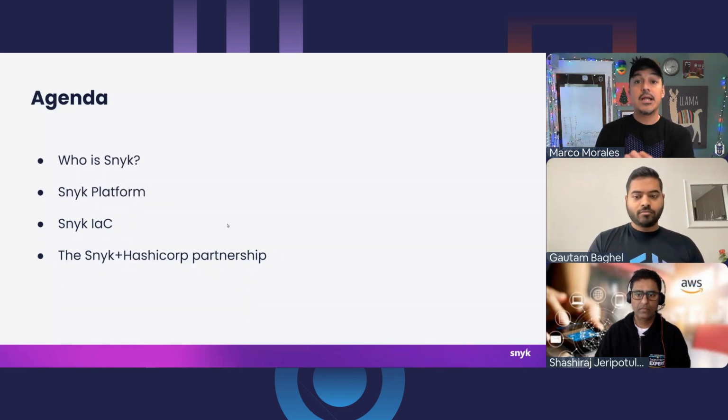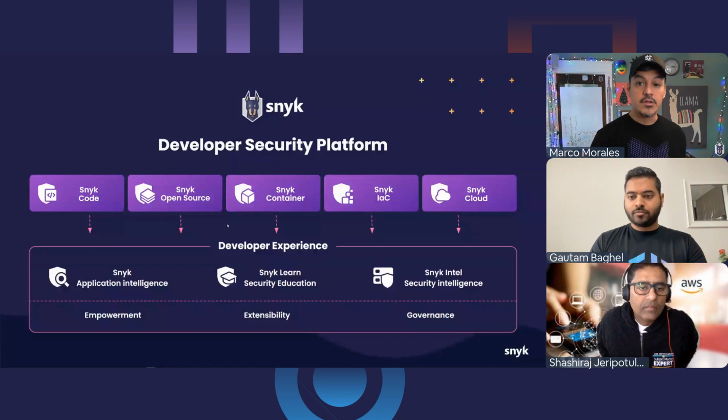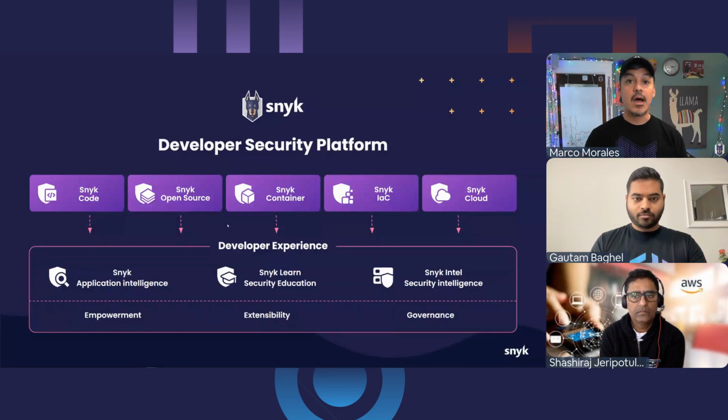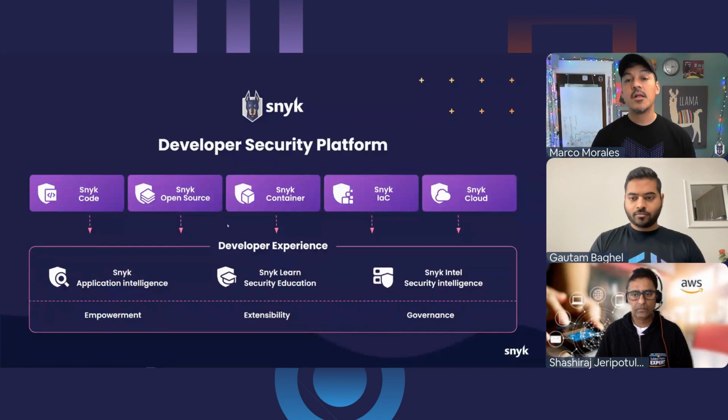So just real quick, a couple of slides. I have a number of backups in case you ask questions. Just wanted to let you know why we're here and what we're doing. So first is a little bit about Snyk. This is the one slide. Snyk has a number of products that we provide for application security, and we help development teams and DevOps teams with the code they write, the open source libraries they use, the containers they build, the infrastructure as code they author, and the assets they provision in cloud environments such as AWS. Today, we're going to focus primarily on Snyk IaC, or infrastructure as code. We've got great conversations about the rest, but we're going to focus today on this thing.